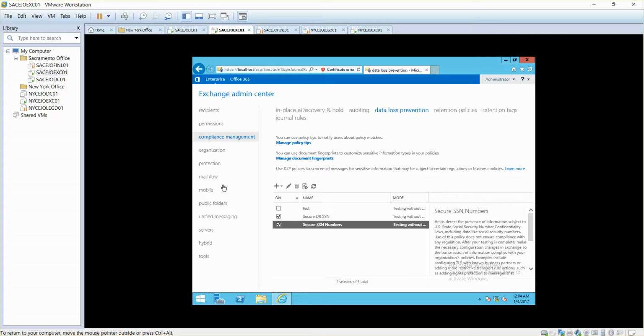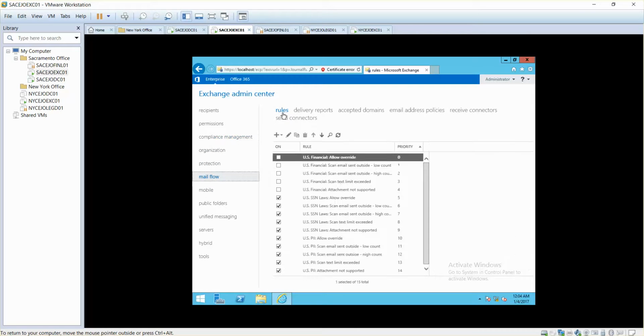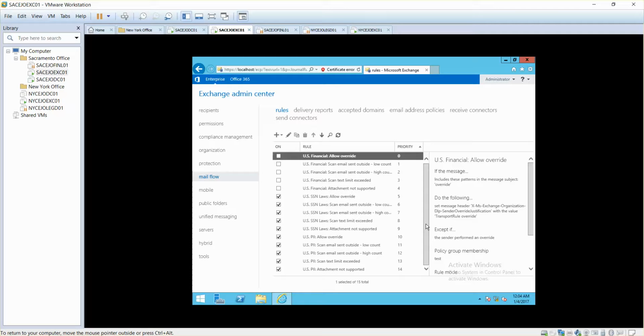Step number two is go to mail flow and then go to rules. These are rules that you can configure, also called transport rules. Whenever you configure transport rules, what you are doing is telling the Exchange server that when a